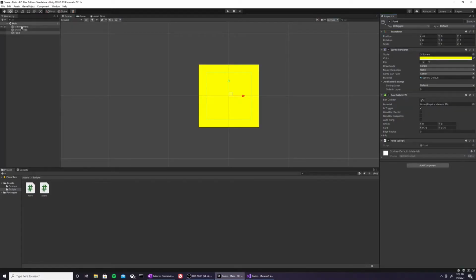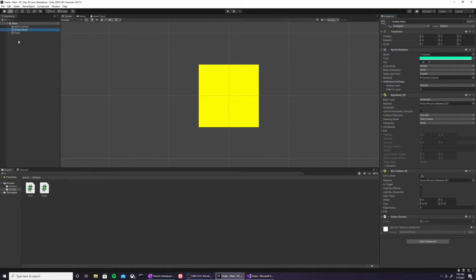Alright, so we need to go to the snakehead object in our hierarchy, and then over here in your inspector, there's a drop down for tag. You see that? Let's go ahead and click that drop down and select player. Also, if you click that drop down again while we're here, go ahead down to the very bottom and click